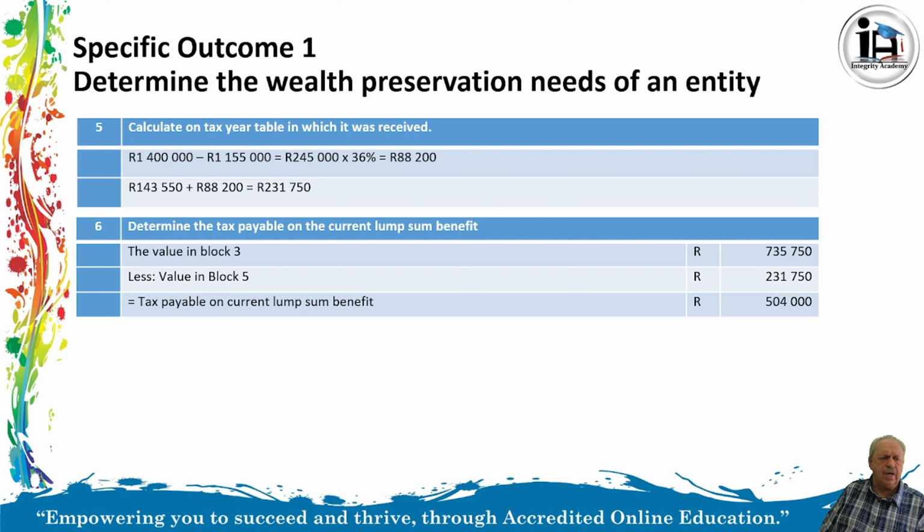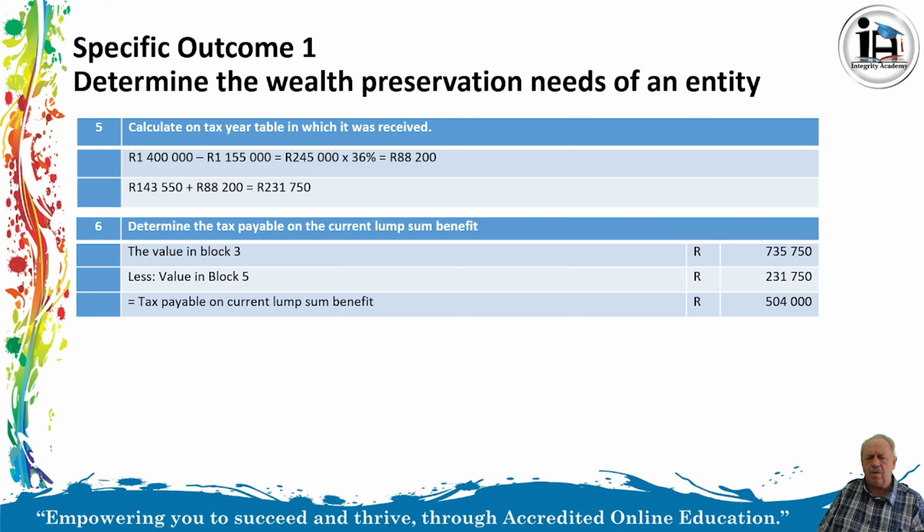And that leaves us with 88,200 Rand that he must pay in tax plus the 143,550 on the rate table. So that gives us a total of 231,750. So he more or less had to pay 231,750 in the past. We now go to block 6 and we add in there the amount currently payable minus the amount he paid in the past, which leaves us then with a current payment of about 504,000 Rand that